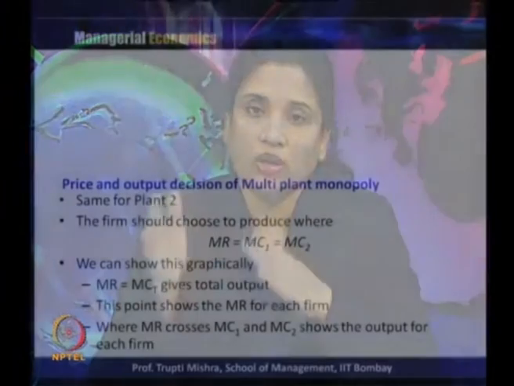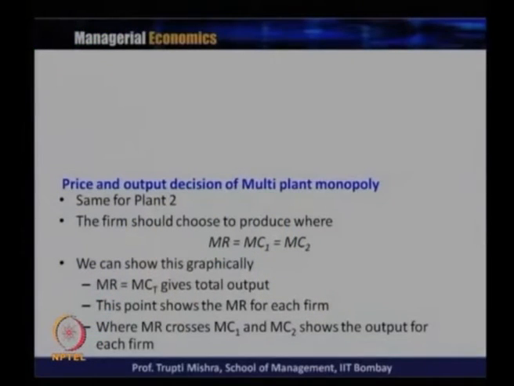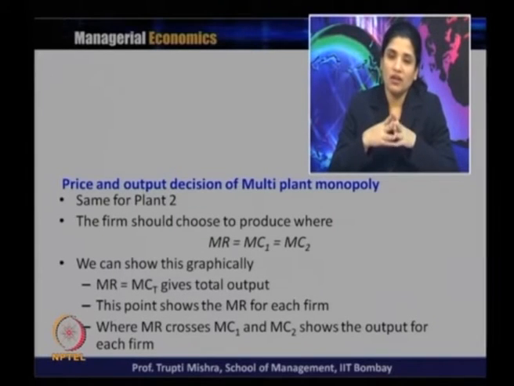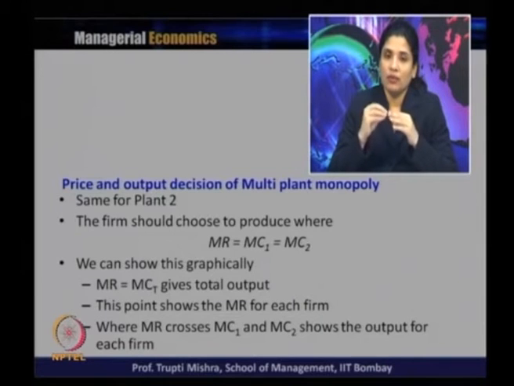Now the same thing we can do for plant 2, and what we will get for plant 2 is that the marginal revenue has to be equal to MC2, that is the marginal cost function for plant 2. Now the firm should choose to produce where marginal revenue is equal to marginal cost 1 and marginal cost 2, and we can show this graphically, like marginal revenue and marginal cost, it gives the total output,